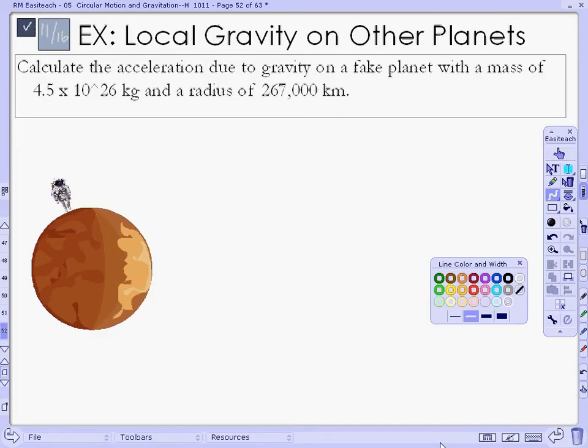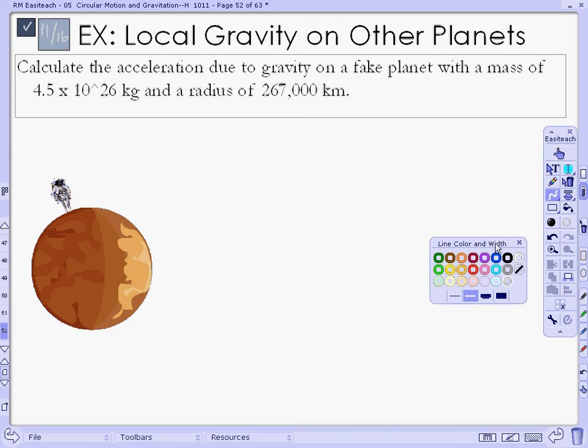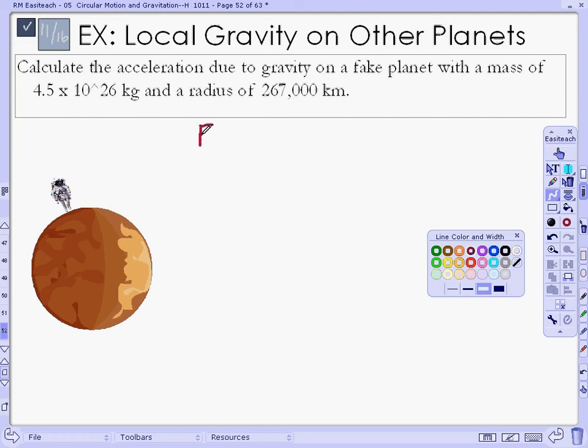So this is what I call a local gravity problem. You'll also see it worded on the homework and on quizzes and on tests and in your book as find g on this planet or find the acceleration due to gravity. They're all synonymous. Local gravity, finding g, etc. And the two equations that I recommend you always start with are